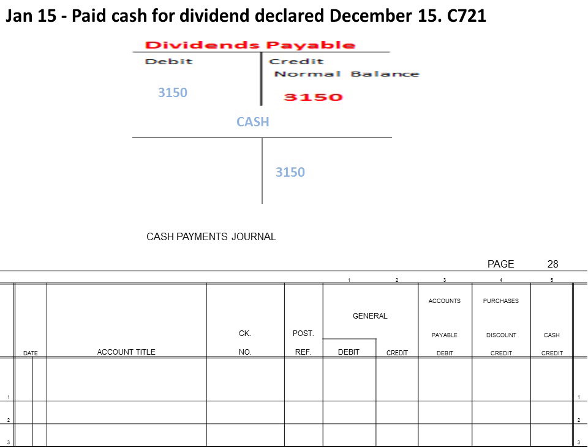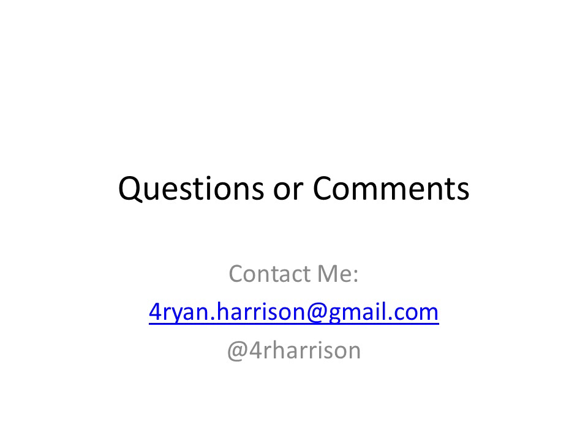Since we're paying cash, we're going to use the cash payments journal, and we'll enter the transaction as follows. January 15th, which we got from the transaction. Our dividends payable is our account title, which is our debit entry, the first one we enter, and we're using check 721, and we're going to put $31.50 there. Then finally, we're going to use the special amount column, cash credit, because we are ultimately writing a check, paying cash for this dividend that we're declaring to our shareholders, and it's going to be $31.50. So that's the difference, and pretty much what happens when you declare a dividend.